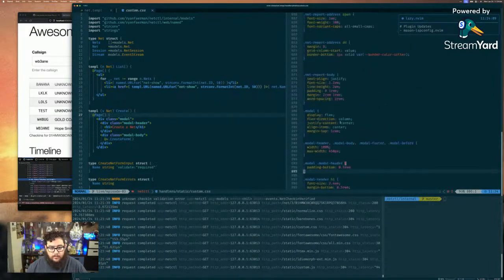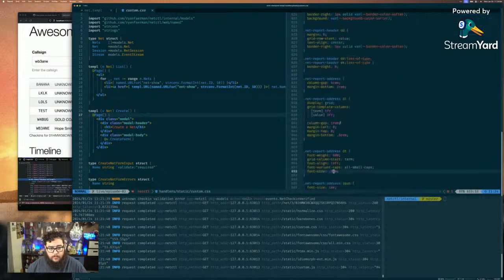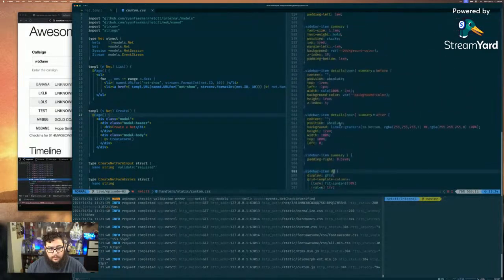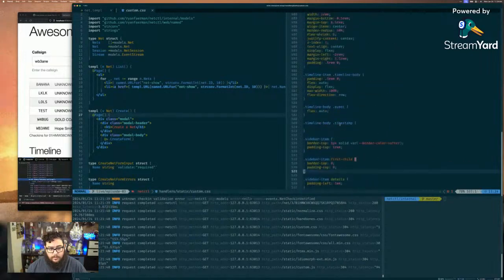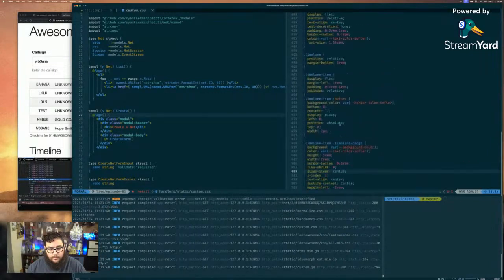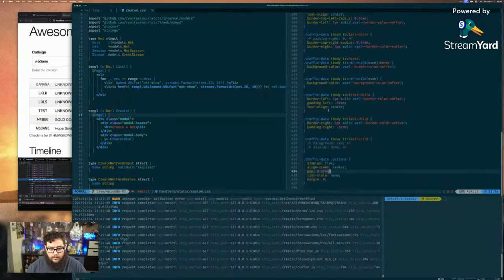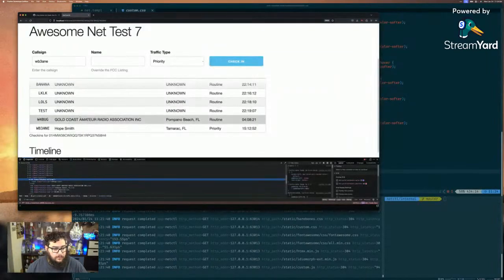We have that modal stuff, and I know I have something for the table here. That's for the timeline, traffic data, T-body. Okay, here's all the fun stuff. Okay, first things first. Let's define a width for this. We'll define a width for this guy here,